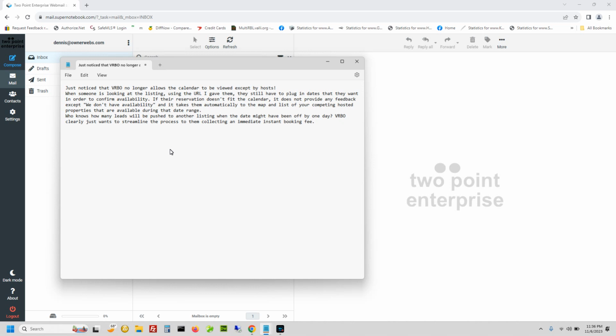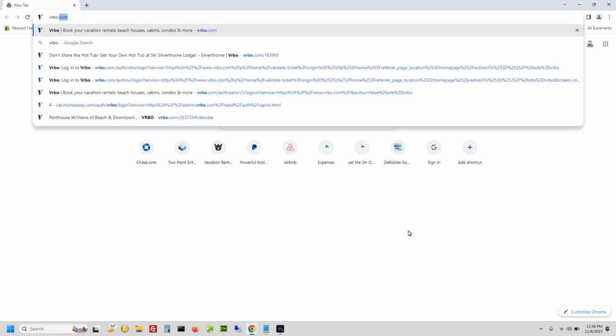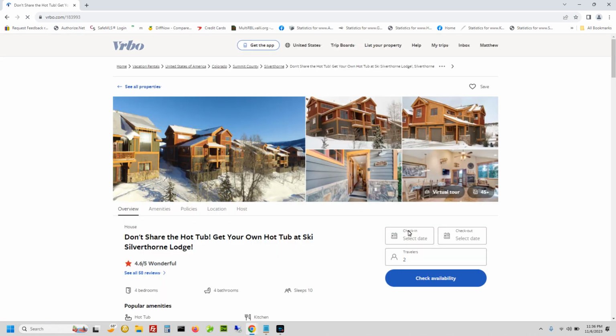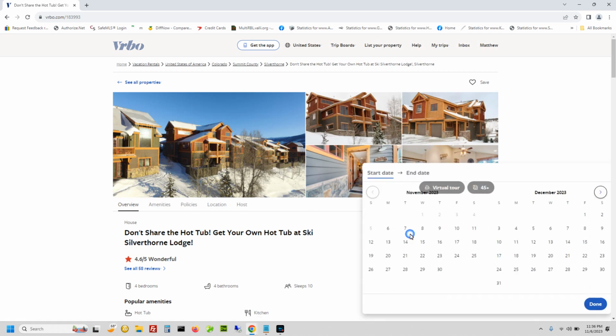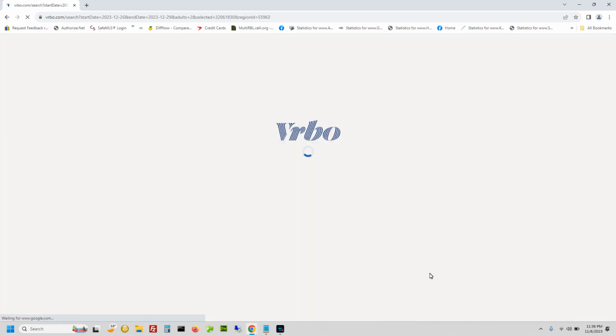I tested it myself and I find it to be correct. If I take my listing in Silverthorne and load it up and then say I want to check availability, well, it wants me to enter the dates. It won't just let me look at the calendar like it used to. So I'll go ahead and pick some dates here and then I'll check availability